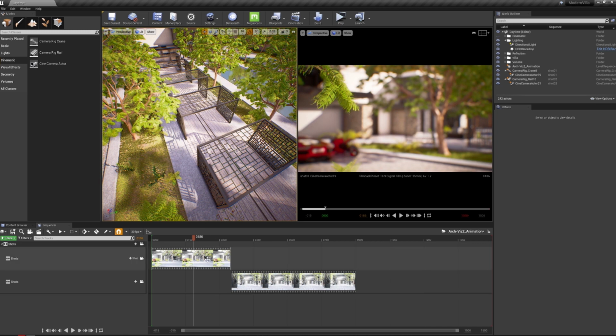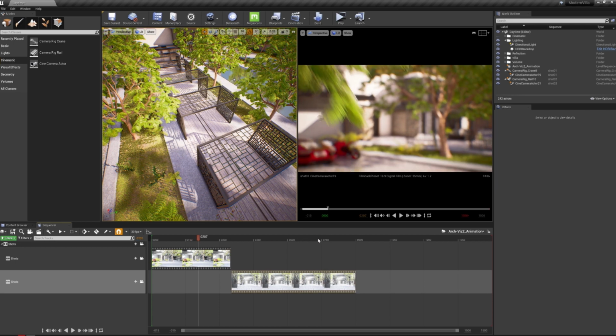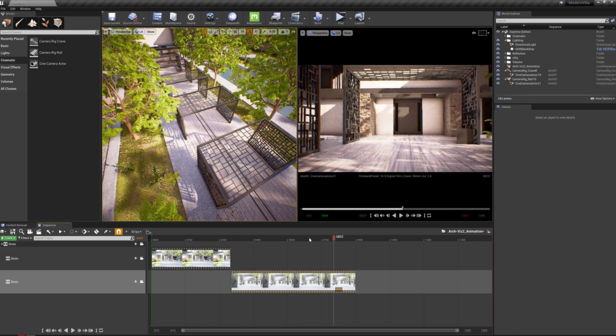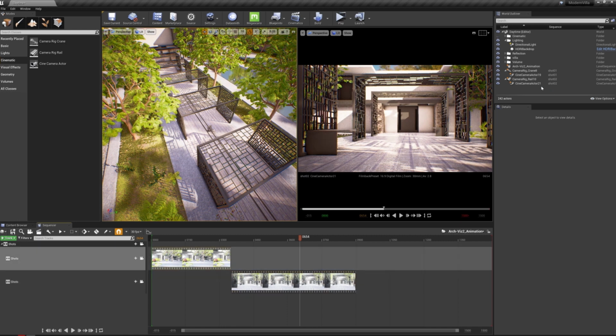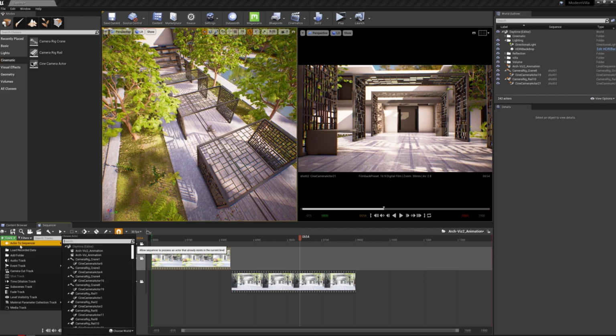So let's assume now that you have your camera shots set up and your keyframes are ready to be exported. You can always add extra effects if you like, especially if you don't like the post-process effect that we have added earlier. You can always go back and add them manually. For example, if you look at the add to sequencer, you'll find all of your scene